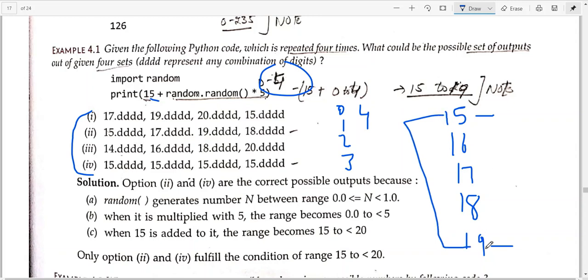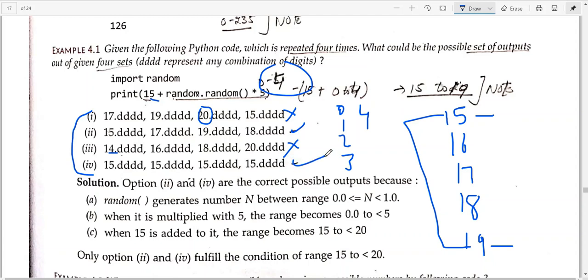You can see 15 to 19, and it is also having 20, so this is not a right option; this is wrong. He is saying I have produced these 4, you just check and tell me which are valid. 15 is valid, 17 is valid, 19 is valid, 18 is valid, so it is true. 14 is not acceptable because we are starting with 15, so this goes wrong. Next, 15, again 15, again 15. It can produce 15, 15, 15 if you run it 4 times, that is also valid.